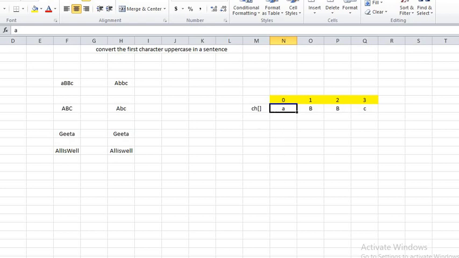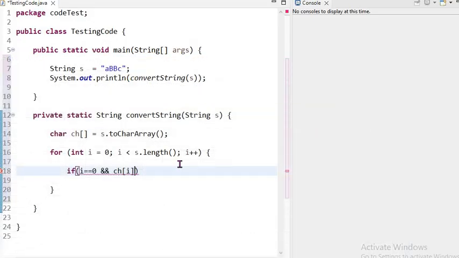So this should not be equal to space. Or ch of i should not be equal to space and ch of